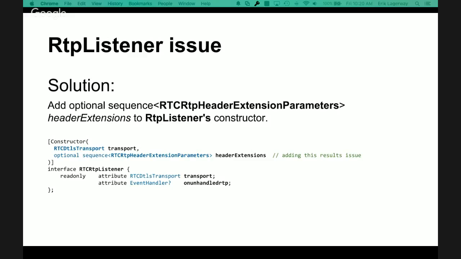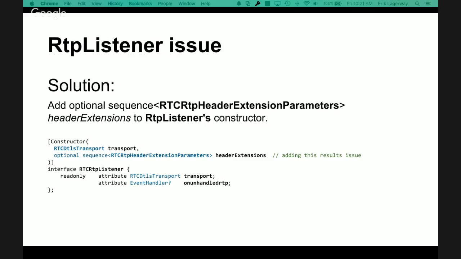So yeah, the issue is not whether it's going to be audio or video, because you can actually use the MID to distinguish different streams that are coming in. The issue, as I said, is that you have to create a dependency object. In order to be able to use the RTP listener, you have to create another dependency object to make the RTP listener functional. So you have to create two objects.